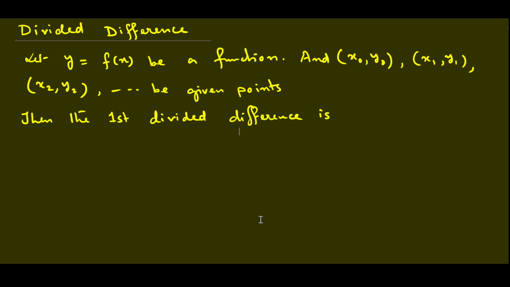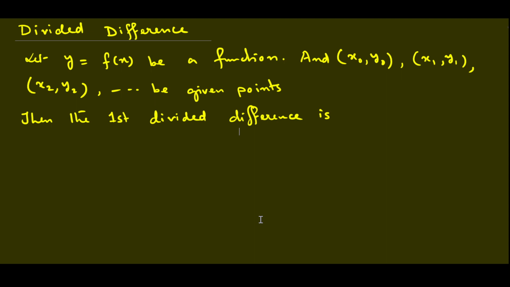The Lagrange interpolation formula and Newton's divided difference formula come under unequal intervals, but forward and backward, those two come under what? Equal intervals. So the values of x will be the same, equal. But in Lagrange and divided difference formula, we are using these two formulas for unequal values, where the differences between two consecutive x are not the same.